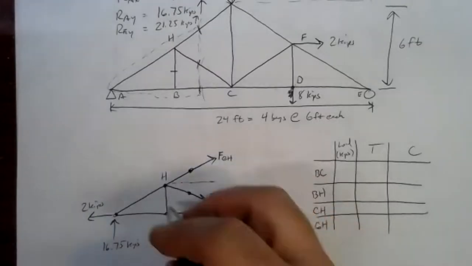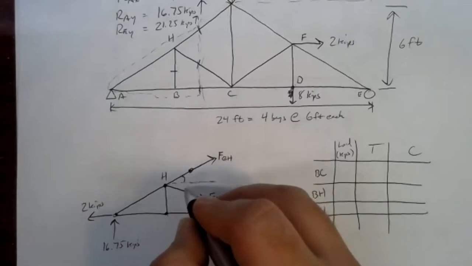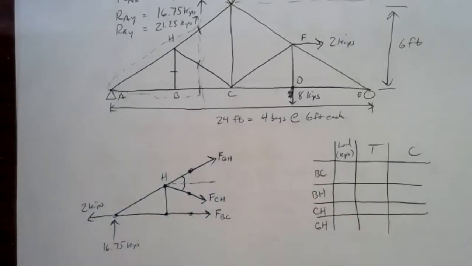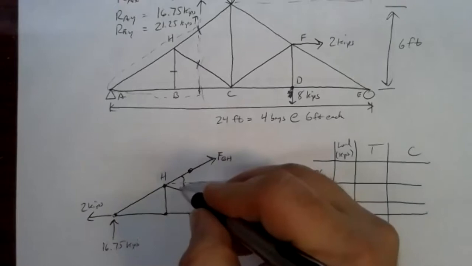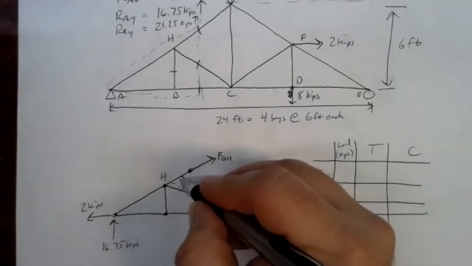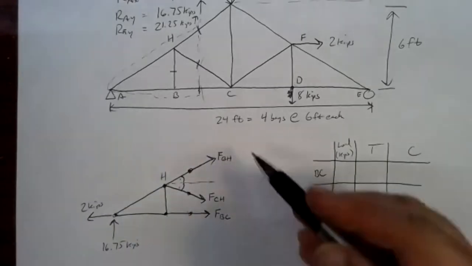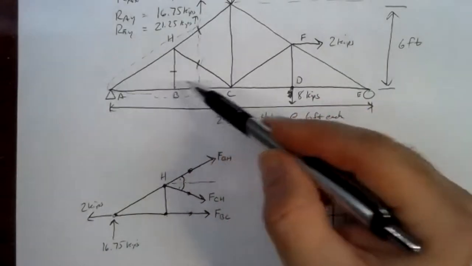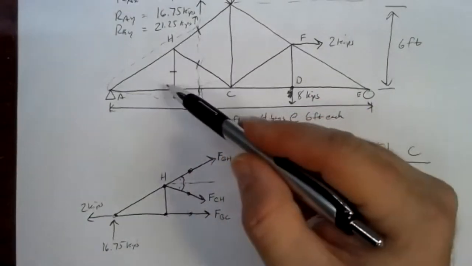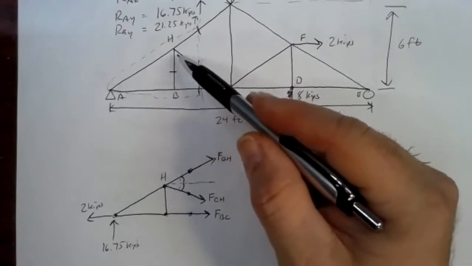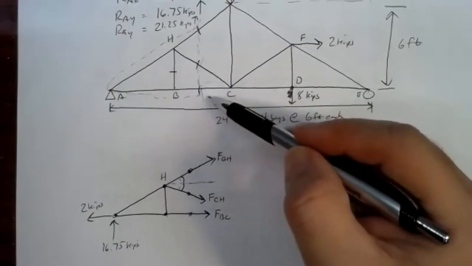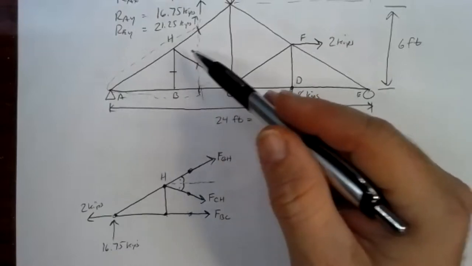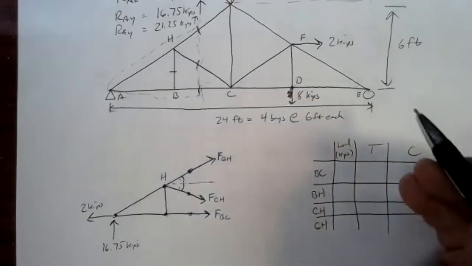We're going to need some angle information here. Now, it turns out, and we can do all sorts of geometric proofs to prove that this is right, but it is correct that these 2 angles will be the same. Those 2 angles have the same value. You can argue it by similar triangles here, that these 2 triangles basically have to have the same fundamental shapes to them. So they all have the same geometry. This is 3 feet, that's 6 feet. And so you can figure out that the angles to horizontal have to be the same.